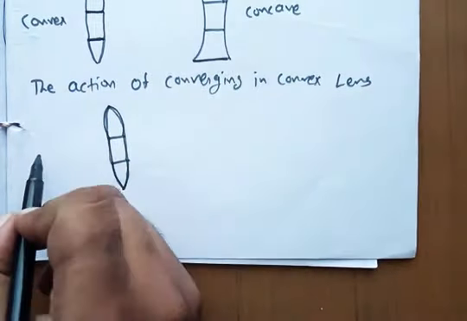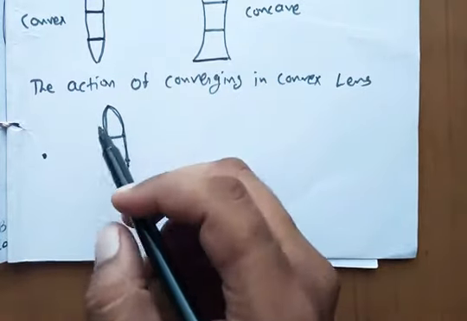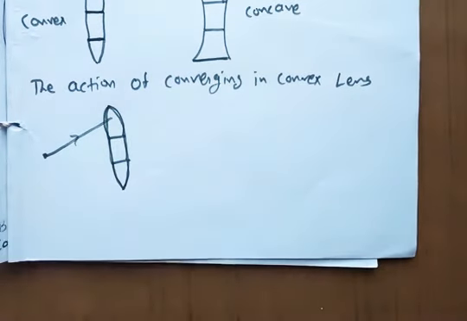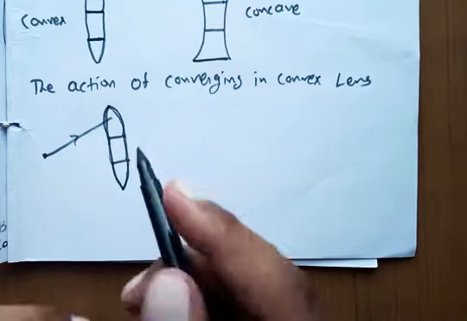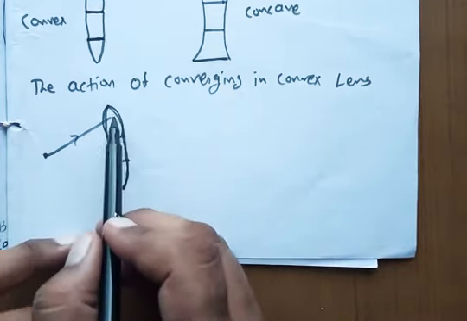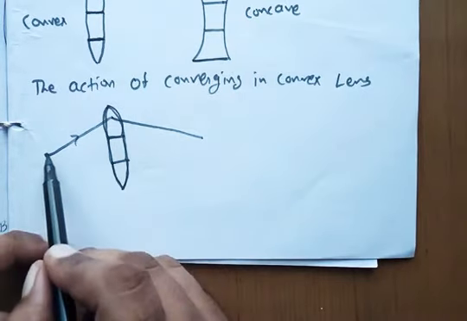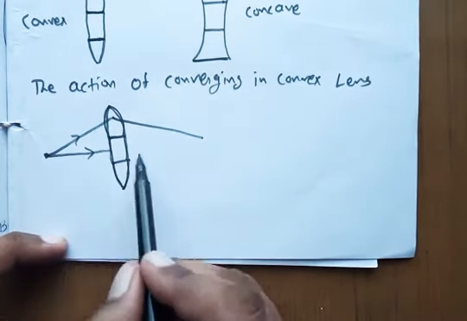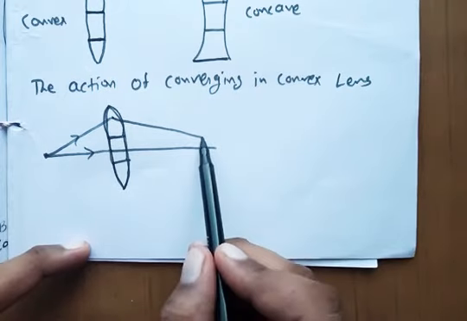Okay, here I have a source. From that source many lights are coming, but for simplicity I am just drawing one light ray for each part. The first light ray is incident on this, but how does this light ray perform its emergence? This light ray refracts towards the base. Where is the base of the upper part? Here, so it will refract here towards the base. Clear? Similarly, suppose a light ray comes from here, it will go straight. Why? Because there is a rectangular portion, so that light ray will go straight out.